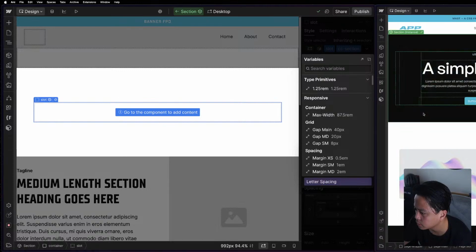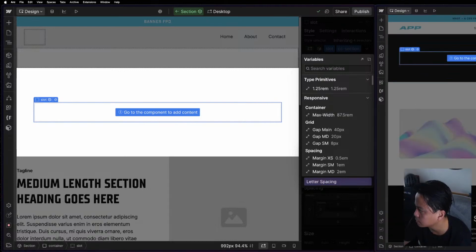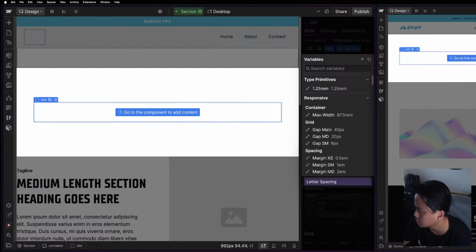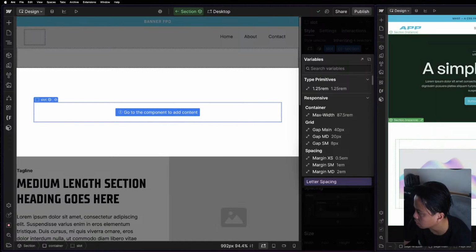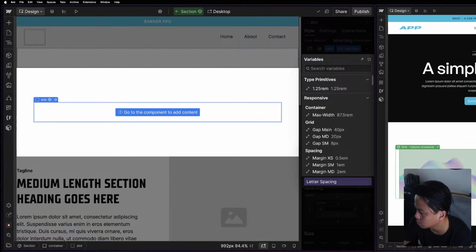What's weird is this one has a gap on it. Base. The gap size for this one component is, oh,